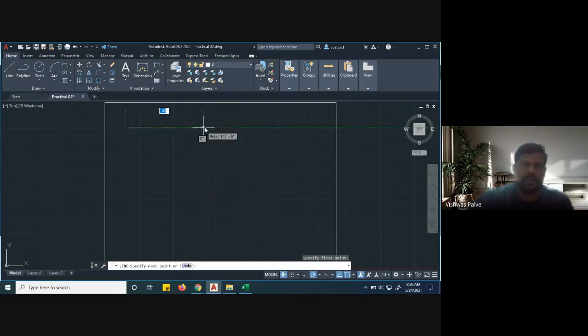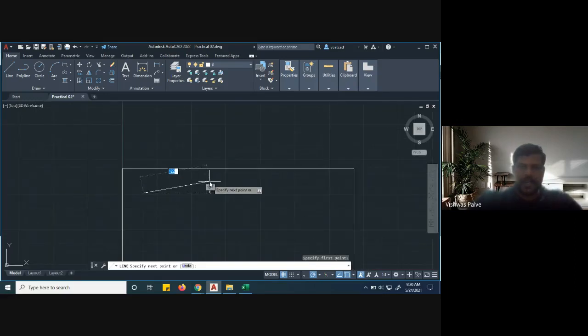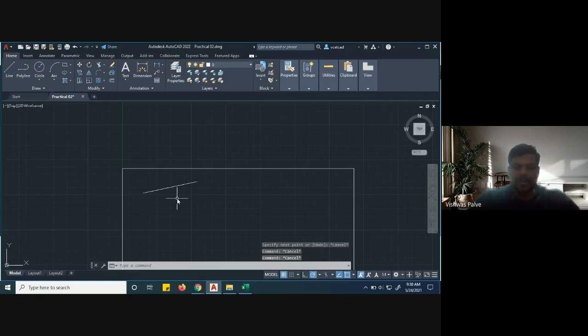Then whether you want to draw a horizontal line or an inclined line, whatever the inclination, you can draw. Suppose I want to draw a line of 100 millimeter and inclination of 10 degree. Let us see how to draw that. You can see on the screen the dimensions are given directly. You type 100, then press tab. When you press tab, what will happen? Then it will give the angle of 12 degrees. Suppose I want to draw a 12 degree inclination. So this is my line. And to come out from the command, you have to press escape. One finger should be on the escape key, so that we can come out.